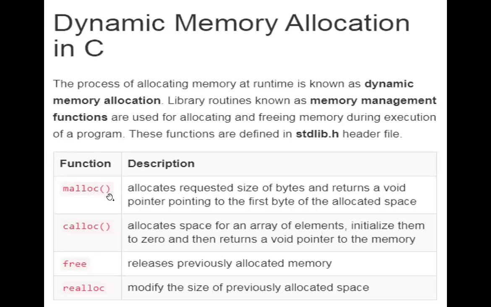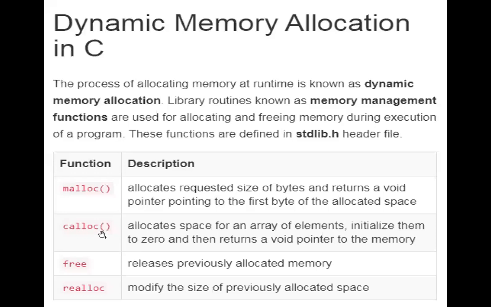And you are going to use that block for any purpose. If you are going to use that particular block for integers, you can use an integer pointer to point to it. If you are going to use that 100-byte block for storing character values, you can use a character pointer to point to it. So basically malloc allocates a requested size of bytes, and it will return a void pointer pointing to the first byte of your allocated space. This void pointer can be used to point to integers or characters or anything. This will be allocating a fixed size.